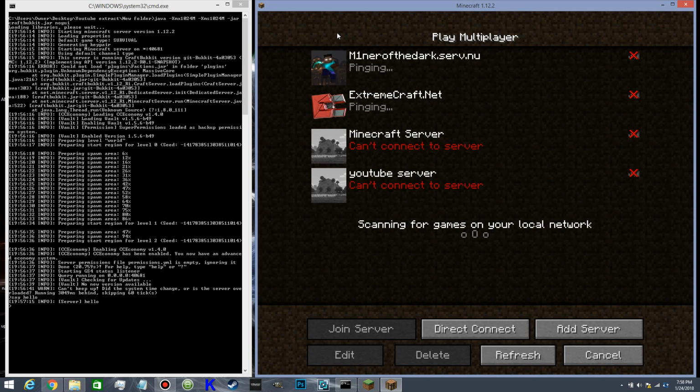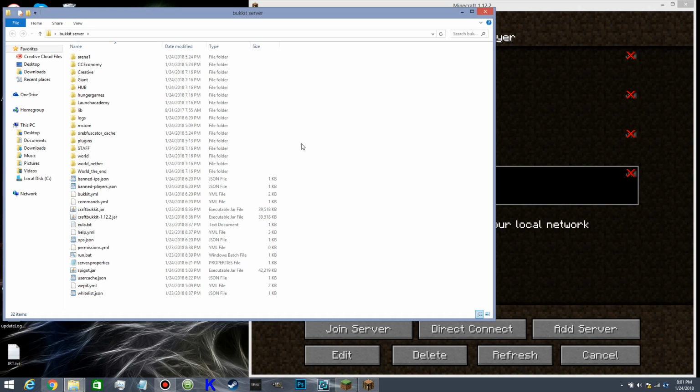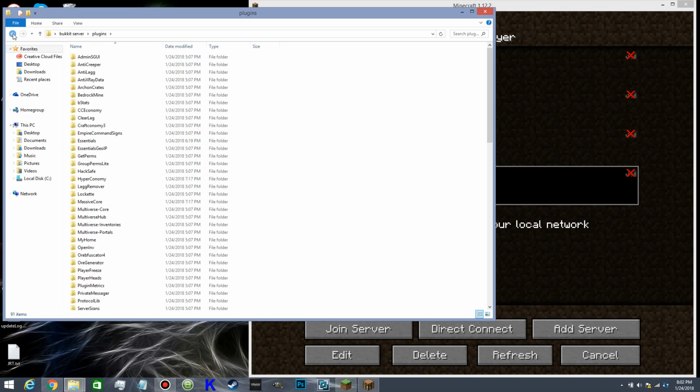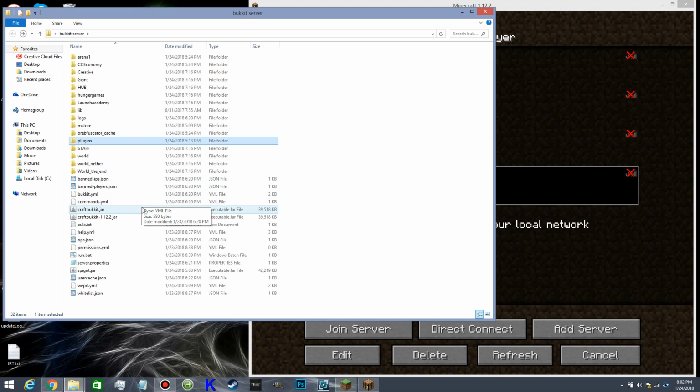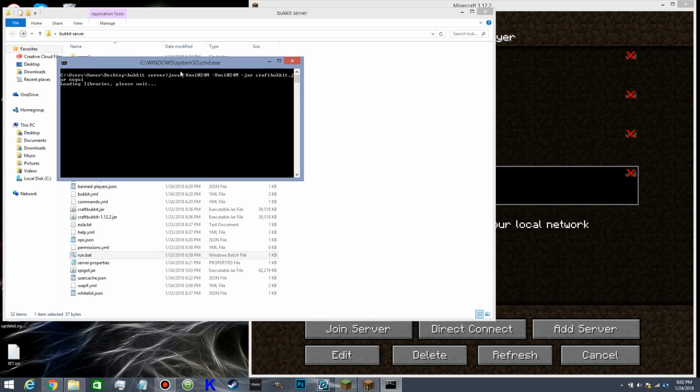I'll be right back. Okay, well, I pulled up my server because I could not figure out why that one didn't work, but I did this the same way. And so here we got all these worlds in the plugins folder, just like the others. I've got quite a few plugins, some worlds, the bucket YML, and run.bat, spigot.jar, and craft bucket, because I don't know which one it is. But you'll go ahead, double click that,